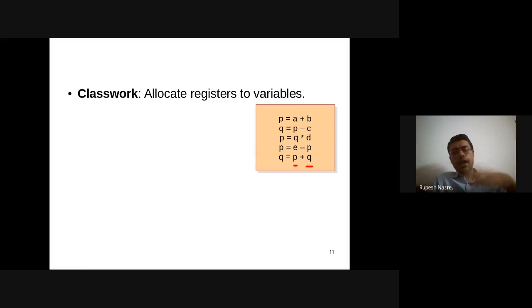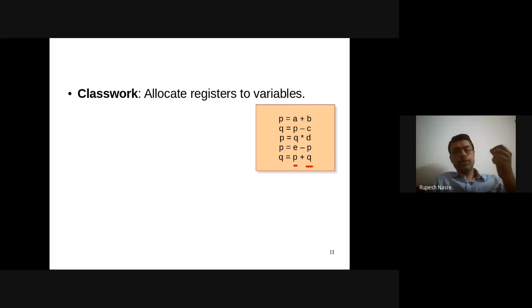Let's say you are doing add, multiply, other number crunching operations, and then when you want to store it into a variable, then you use a store instruction. So there is load and then there is store, and for storing these values of the variables, we require registers.